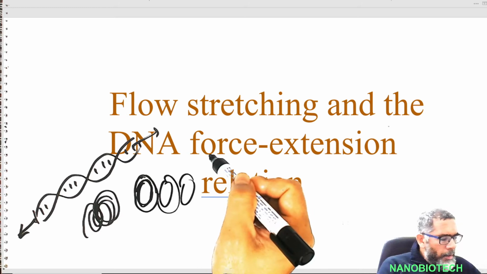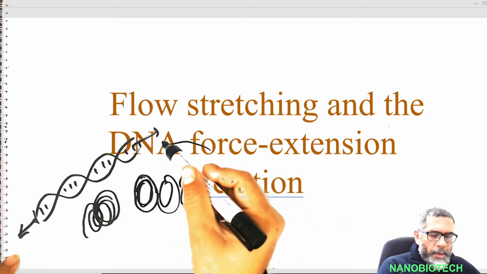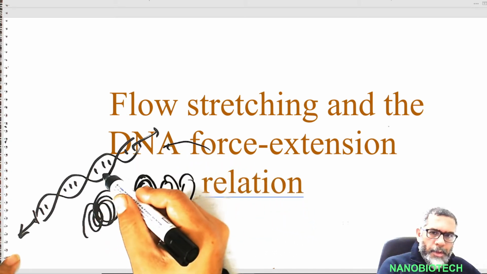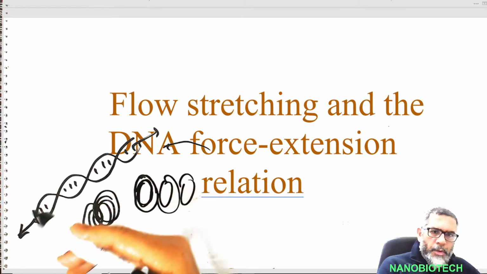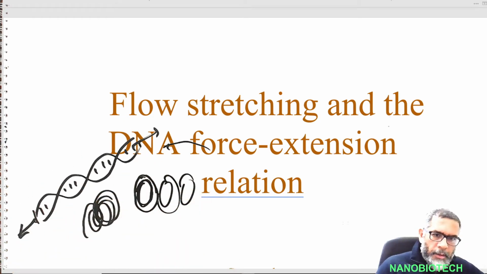There are enzymes or some proteins coming and they do some processes over DNA. So these all involve some mechanical deformations, some mechanical actions. Through these mechanical actions, if somehow we can measure the forces and also the extension, we can get some very valuable information in these genetics